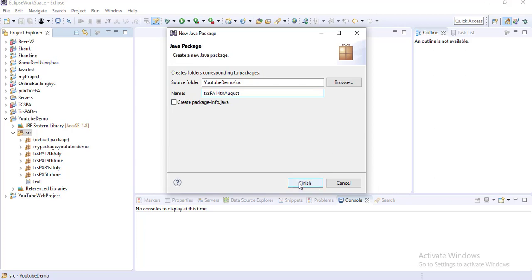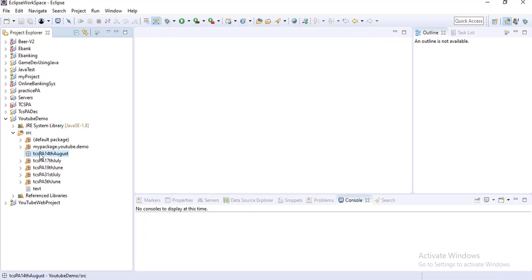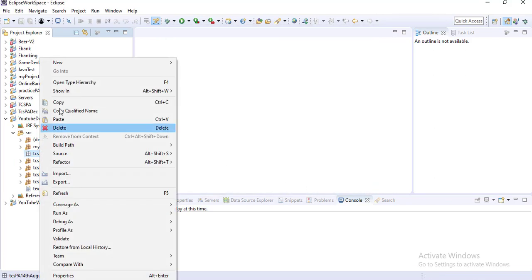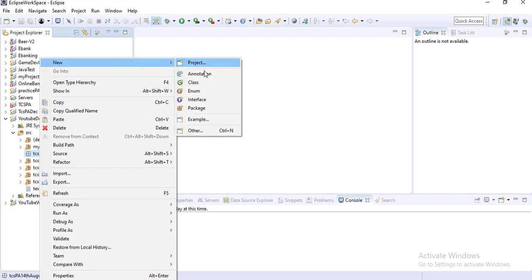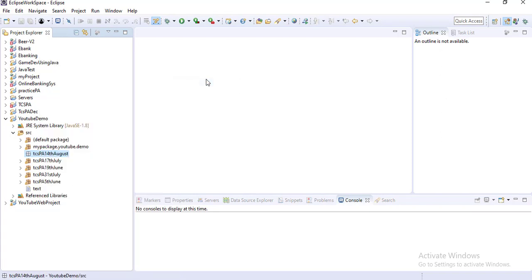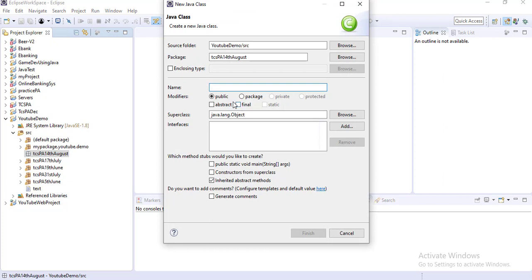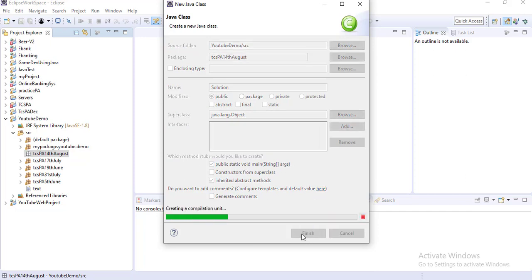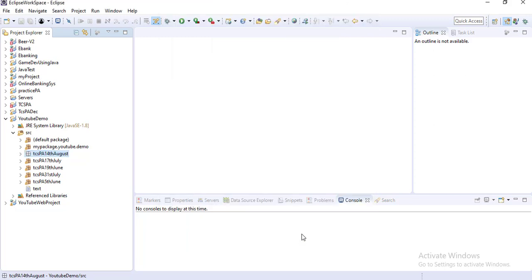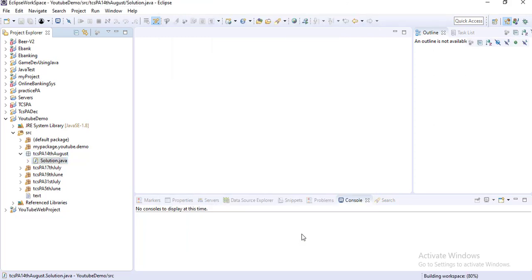Click finish, and then inside this package create a Java class and give the name as Main Solution, and this class will contain the main method. So check this public static void main box and click on finish, and it will automatically create the main method inside the class.